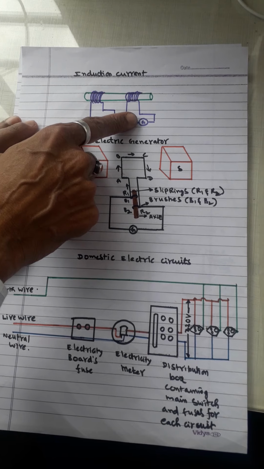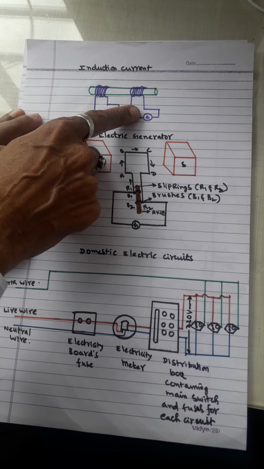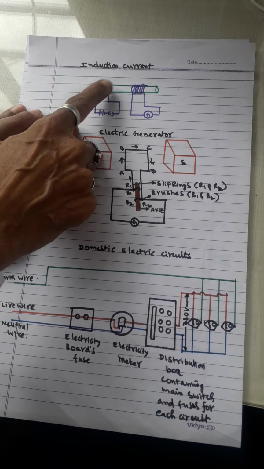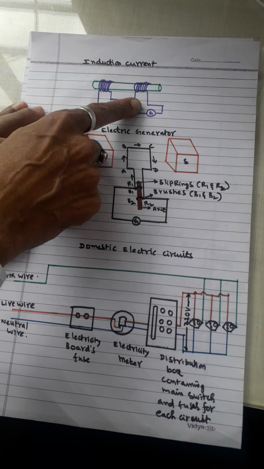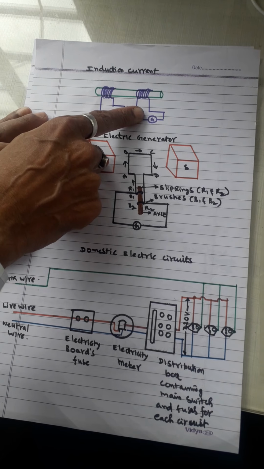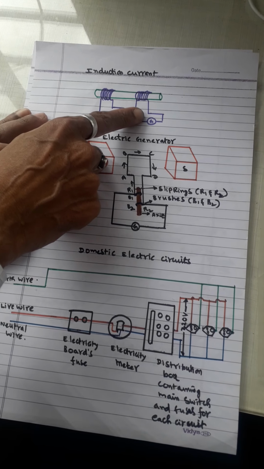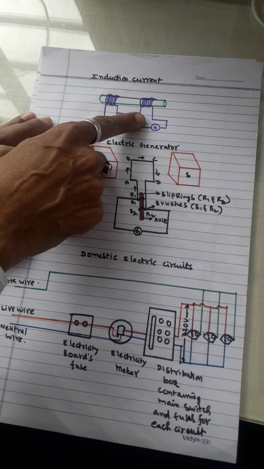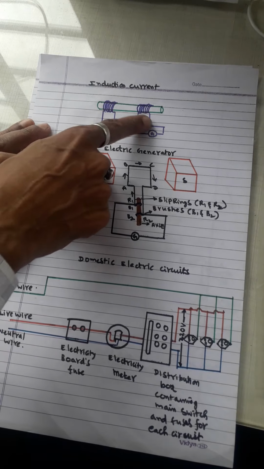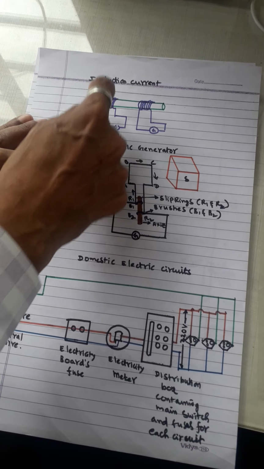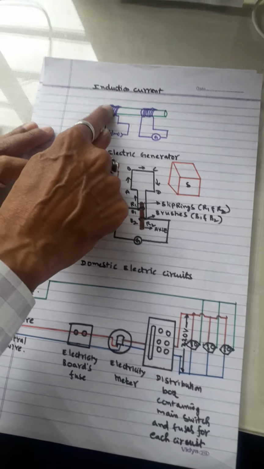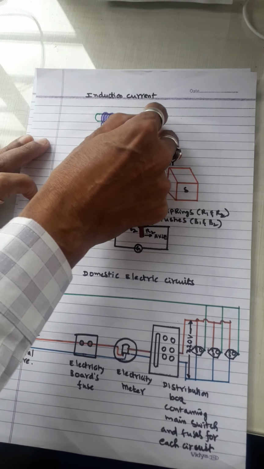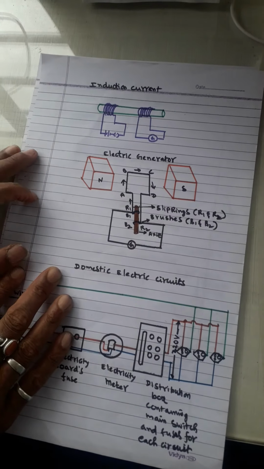We already know that the transformer supplies about 11,000 volts, but our homes need only 220 to 240 volts. So there are step down and step up transformers. They step down, because at houses we cannot use 11,000 volts. Imagine if 11,000 volts were used, all the appliances would burn off. So by means of induced current, step down means fewer windings on the secondary coil. If this is the primary coil, this is the secondary coil. If you keep less winding on the secondary coil, then the voltage will reduce. That principle is used in the transformer.